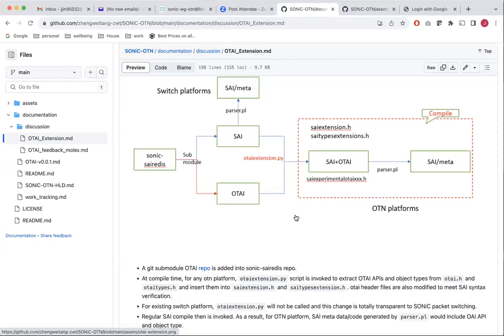So this is like a before compile. If it's an OTN, then you run this script, then you compile. Otherwise, you don't run this script. Everything is the same as today, exactly. Jimmy,